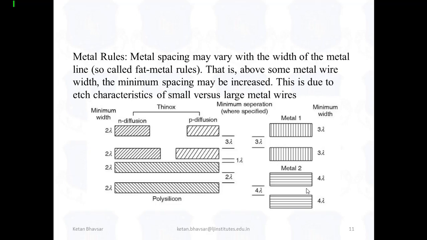If you break these rules, then your CMOS design will not work successfully, because you are working with VLSI technology. We are designing VHDL or Verilog code, but inside it there are transistors, and transistors are designed with the help of backend technology, and there are certain rules to design the backend technology. When you're talking about the metal, you have to take a minimum of 3 lambda size. When you're talking about the n plus diffusion, you have a minimum width of 2 lambda. If you go below the 2 lambda or below the 3 lambda, then your design will not work successfully. So make sure that these rules are very important when you design and fabricate any chip.